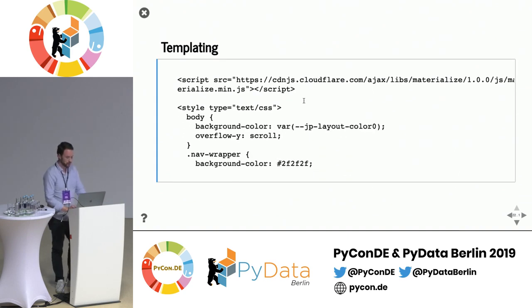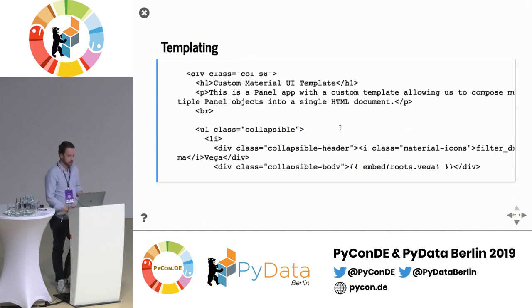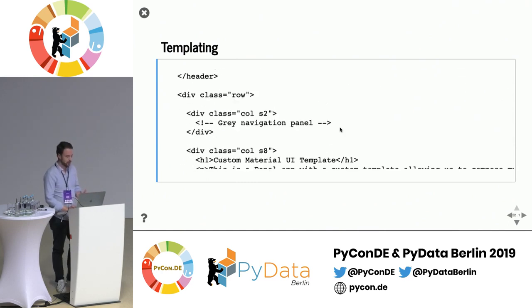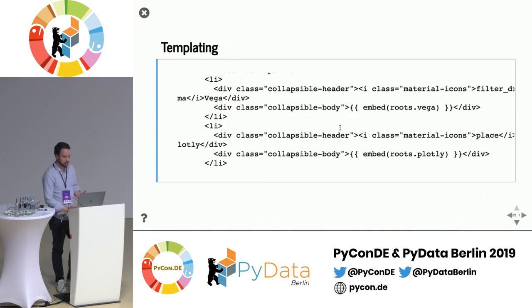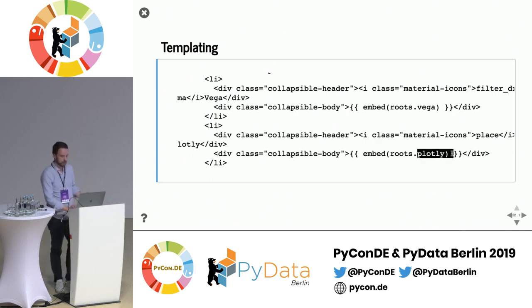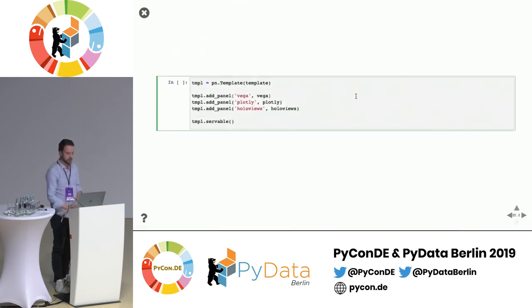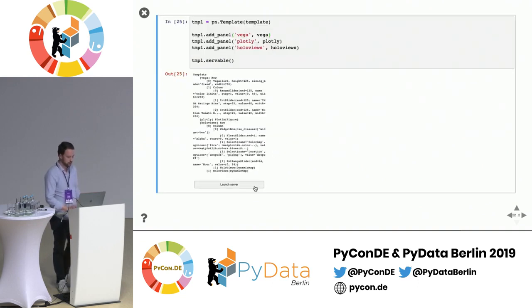style. The way this works is it's a Jinja template, so you extend the basic template, then you can either iterate over all the plots or panels that I've added to this template, or you can explicitly give them names. So you can say, at this place, insert the Vega plot, at this place, insert the Plotly plot, or whatever you have. In this case, we've done that. We've declared a number of plots, a Vega plot, a Plotly plot, a HoloViews plot. This currently doesn't render in the notebook yet, but we can launch it as a